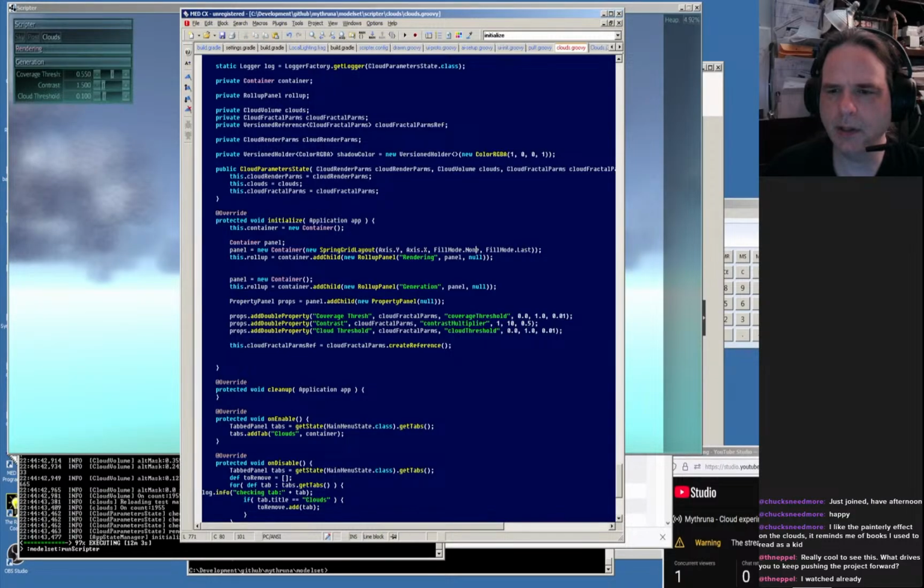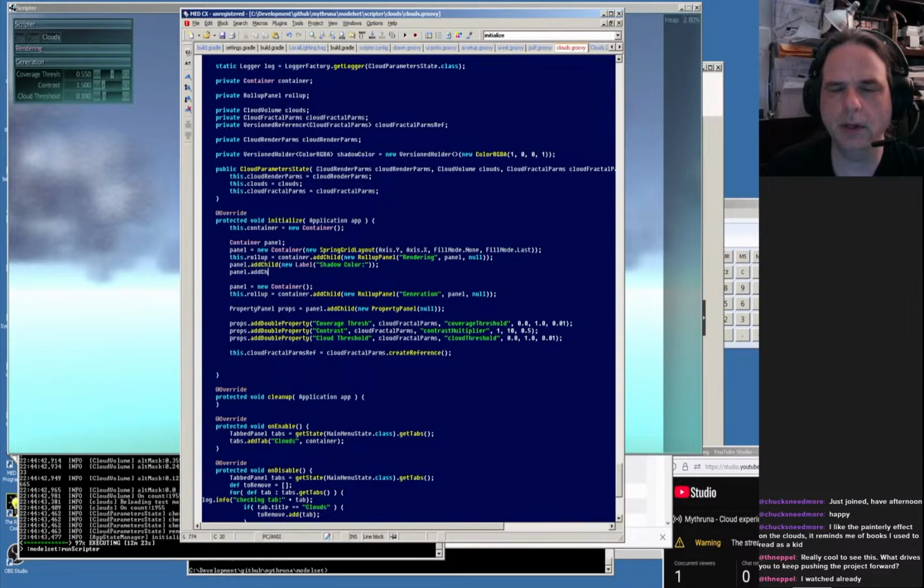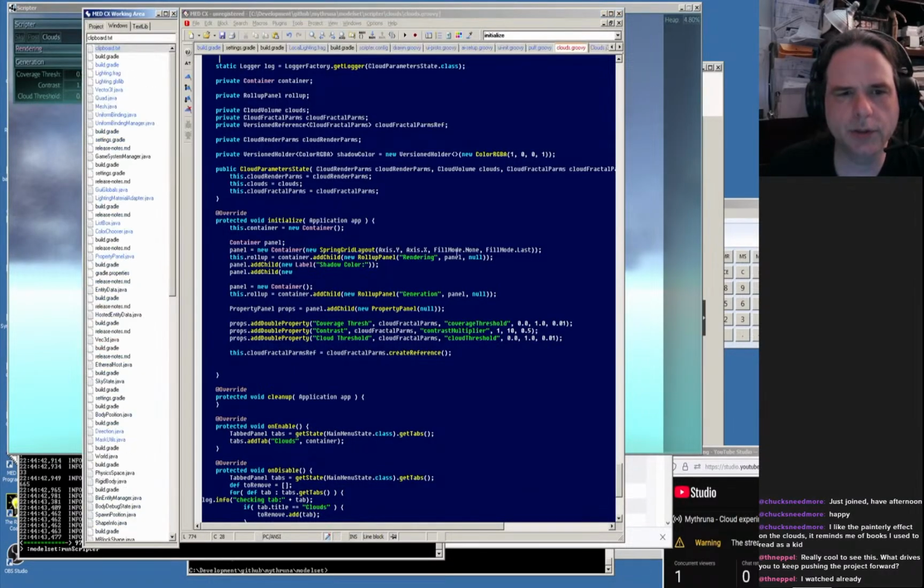Main axis Y with no fill. Yep, that's what I want. Alright, so then panel add child new label shadow color, and then panel add child new color chooser